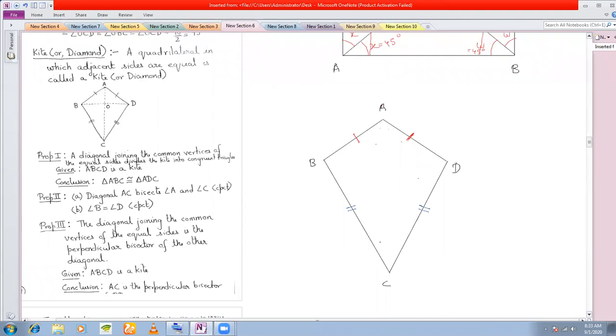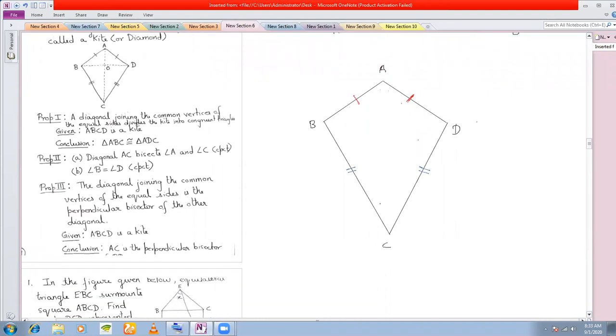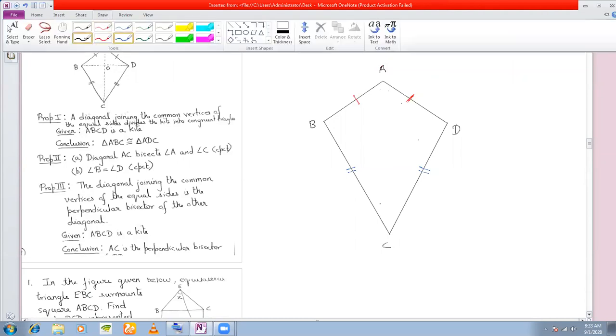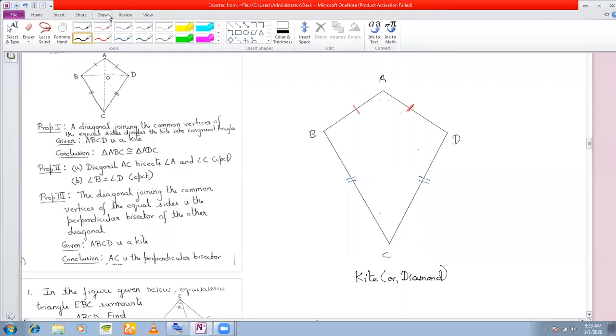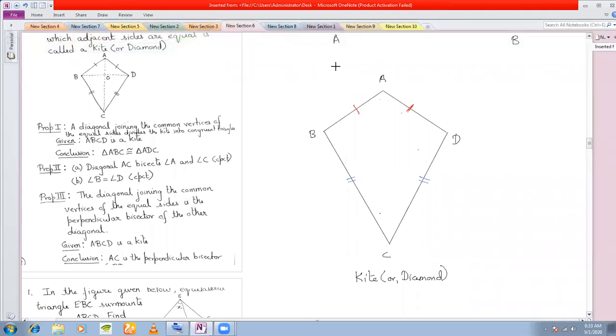If these two adjacent sides are equal, then we say that this quadrilateral is a kite or a diamond. So any quadrilateral in which the adjacent sides are equal is called a kite or a diamond. The kite also possesses some properties. The first and most important property is that if we join this diagonal...